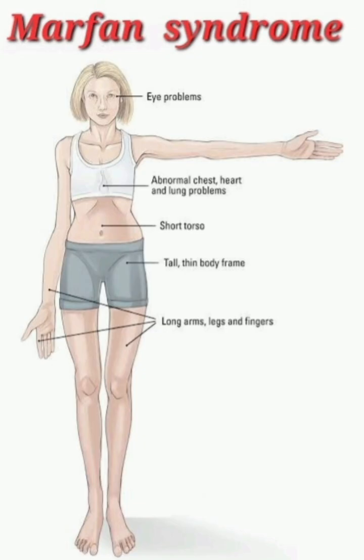They can ask questions like, what are the causes of death in Marfan syndrome? That is spontaneous pneumothorax and dissection of the aorta. So spontaneous pneumothorax and dissection of the aorta are the causes of death in Marfan syndrome. So this is the Marfan syndrome musculoskeletal system examination. Thank you.